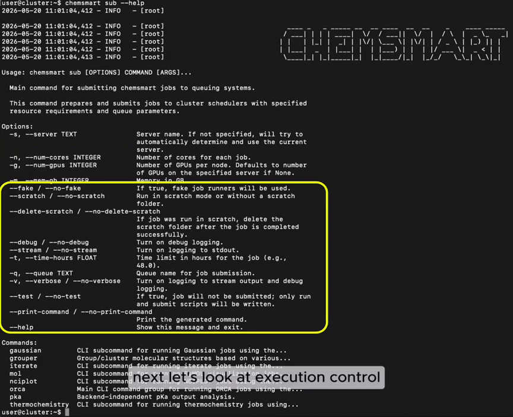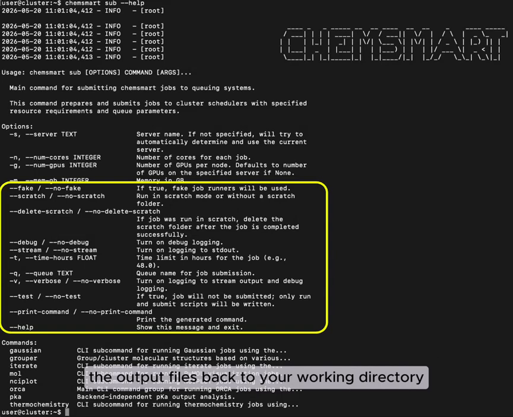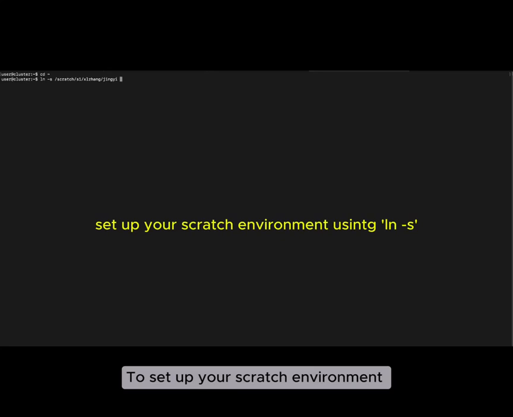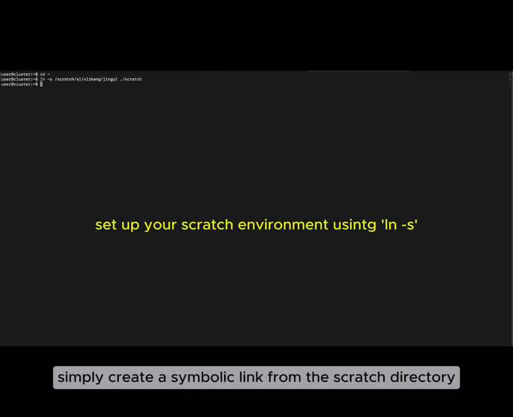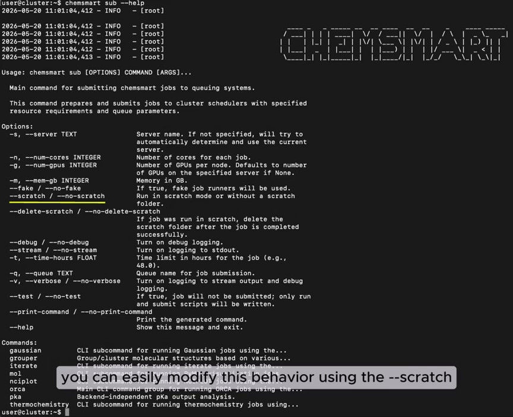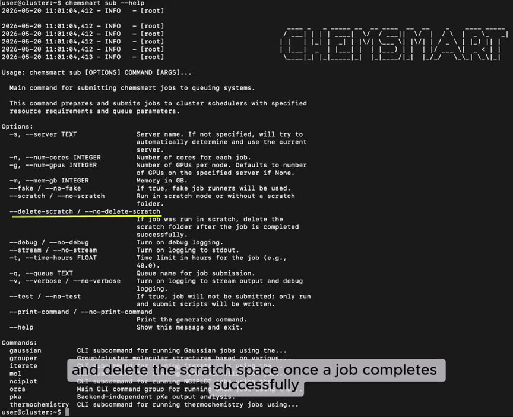Next, let's look at execution control. By default, CHEMSMART runs jobs inside a dedicated Scratch directory and automatically copies the output files back to your working directory upon completion. To set up your Scratch environment, simply create a symbolic link from the Scratch directory in your home folder to your preferred storage path. You can easily modify this behavior using the Scratch or no Scratch flags. By default, CHEMSMART retains output files in your Scratch directory. Use the delete Scratch flag if you want CHEMSMART to automatically clean up and delete the Scratch space once a